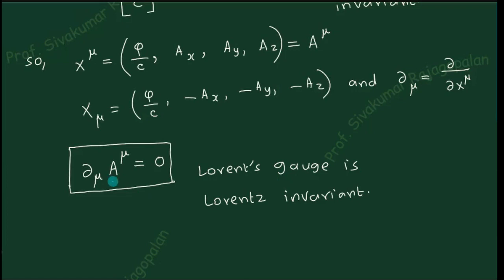So remember that A mu is the solution to the wave equation. You got the wave equation because of the Lorentz gauge condition. If the Lorentz gauge condition itself is violated, that means it is no longer valid, then A mu itself cannot be determined. And that is where the story